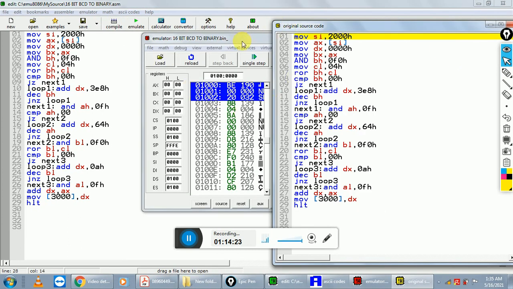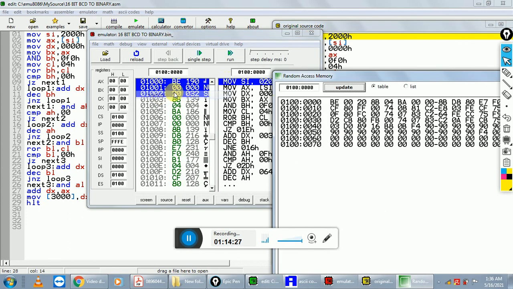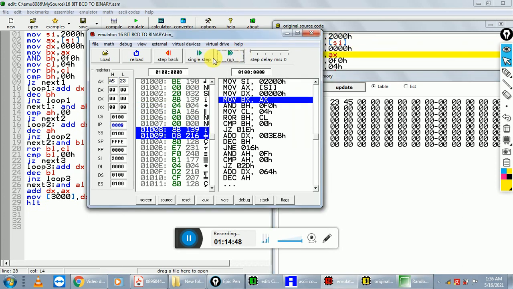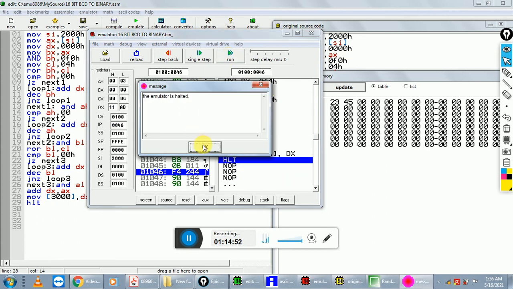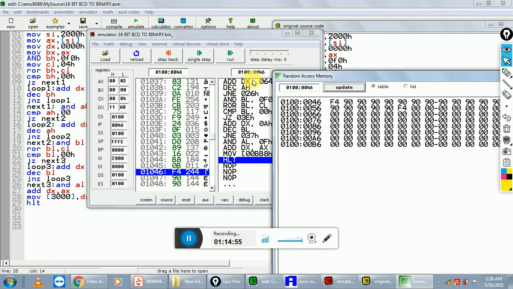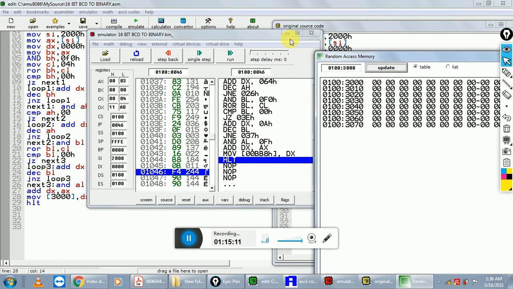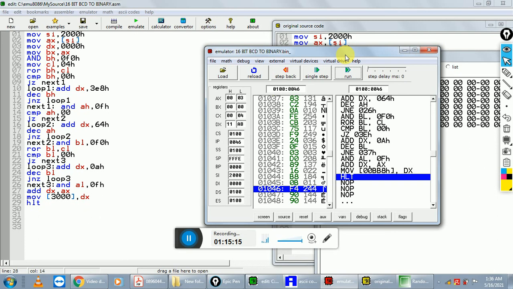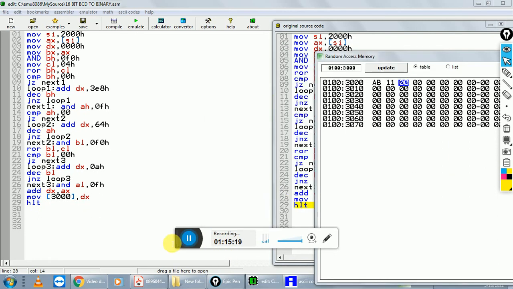Click on emulate, go to view memory and update. Then click on run, okay, go to view, click on memory, update the offset address 3000, and click on update. Okay, so this is the answer.